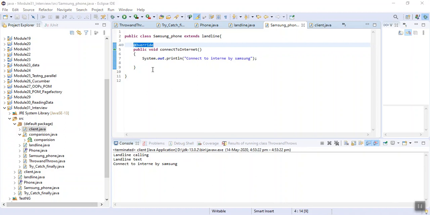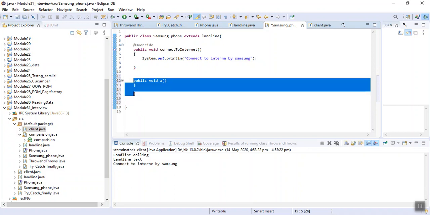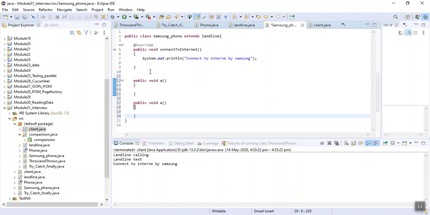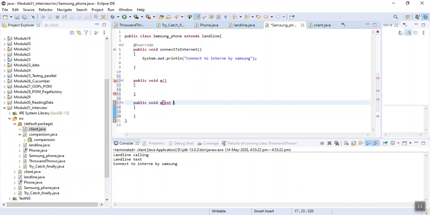In overloading, suppose I have a function public void a, and I also have the same function again but with different arguments. This is known as overloading: functions with the same name but different arguments.